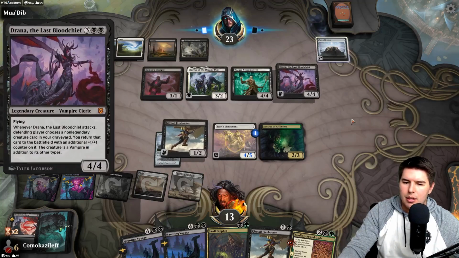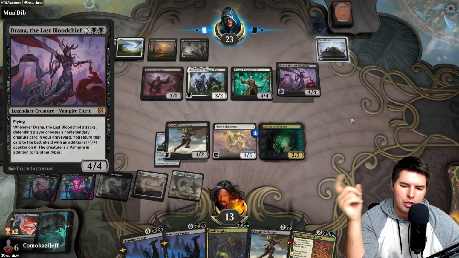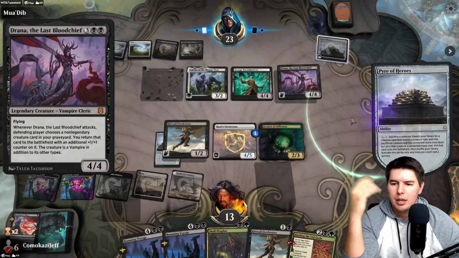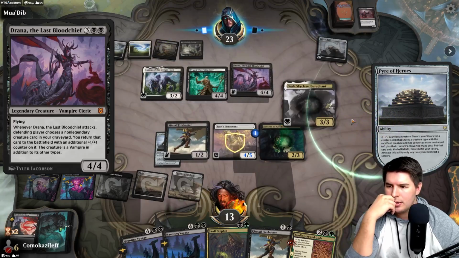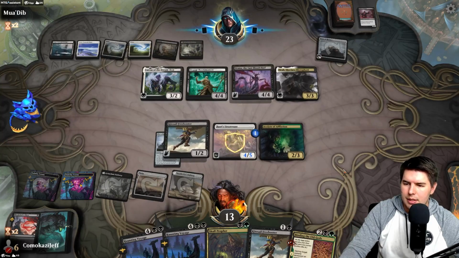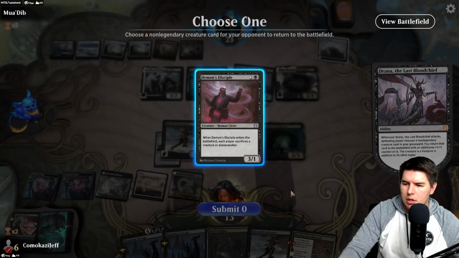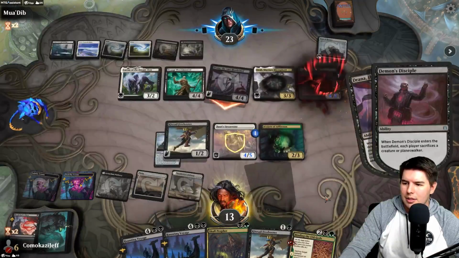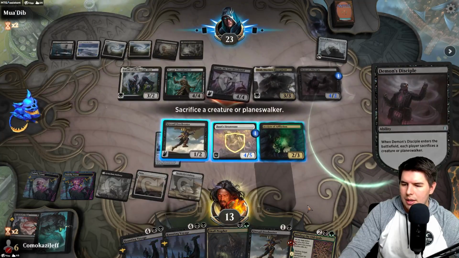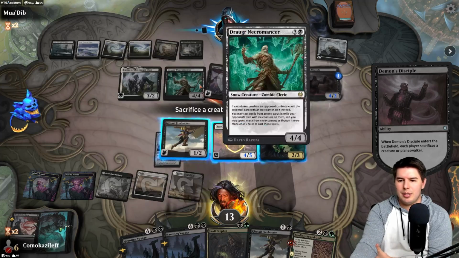What does this one say? All right, so whenever it attacks, defending player chooses a non-legendary creature in your graveyard. Return that card to the battlefield with an additional +1/+1 counter. Sacrificing that so that it dies and they can come back as this hits. Which... Oh, it's just when it attacks. That's right. I don't really want to give him the... So how's this? So